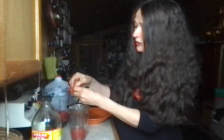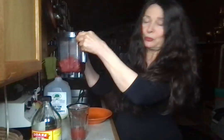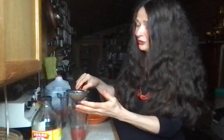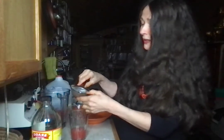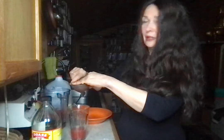So I am removing the lectins, and this is the last tomato that I have. Basically this is 2 cups of tomatoes, and I put them into this, what is this called? It's not a sieve, it's a strainer. I can never think of that word in English. In Czech, it's tsedidlo. So I always want to say tsedidlo, but I have to remember strainer. This is a strainer. So I put the juice with the seeds in it, and then I'm just basically